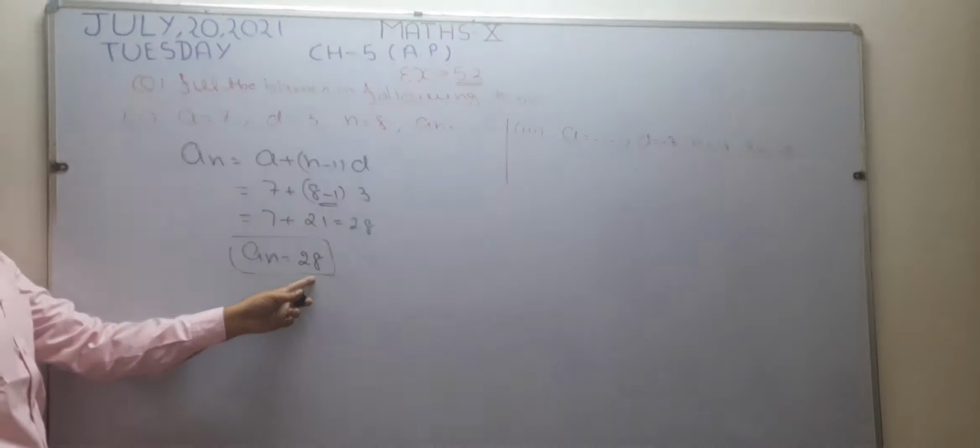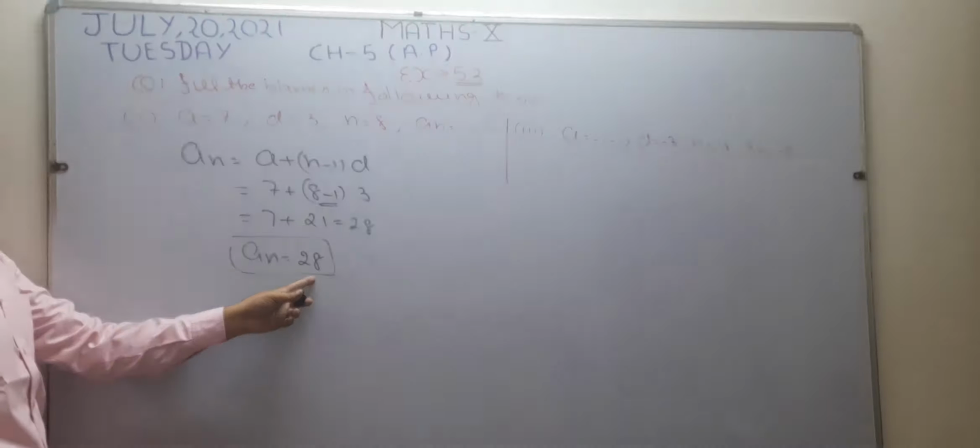Now, I want to solve its third part. In third part, we have to find the value of A. Okay, A is missing in this question. Common difference is given, value of n is given, and the nth term is also given. So, I want to start with nth term of n. I write here A n equal to minus 5. Since this is a constant value, so this is going to remain same.